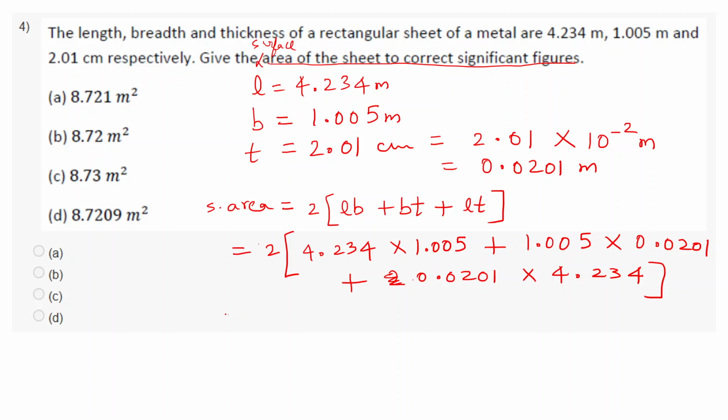Okay, then you will take the product of all these and multiply it by 2. I think we have a lot of questions, so I'll try to solve this faster. When we take the product and multiply by 2 and round it off, it will give us